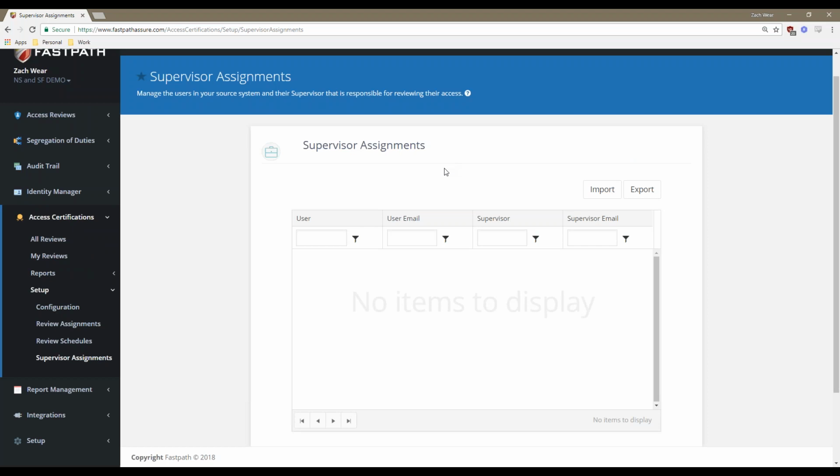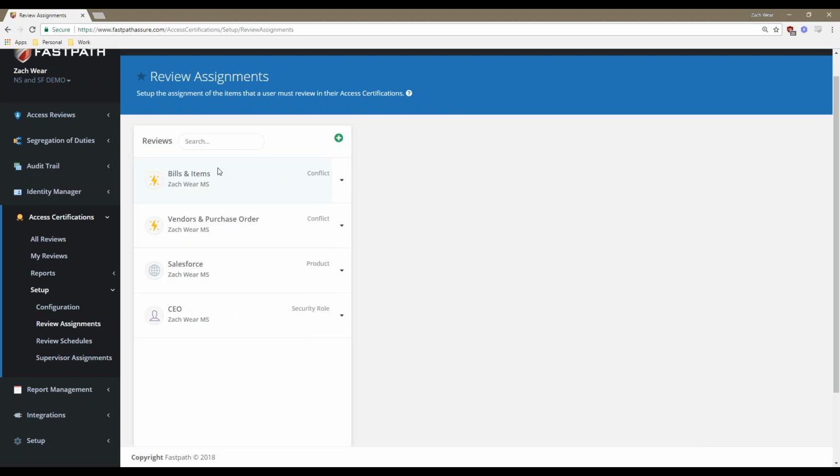Now to do this, you'll have to export out, which will just export out an Excel file. It's going to give you a list of all the Fastpath users, as well as a list of all of your system users, so basically your NetSuite users. And from there, a third tab where you can actually configure who is assigned to review what. So for example, myself being logged in here as Zach Weir, if I was assigned 5 NetSuite users, when I get my conflict review,